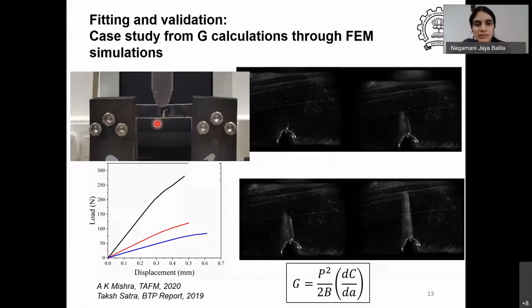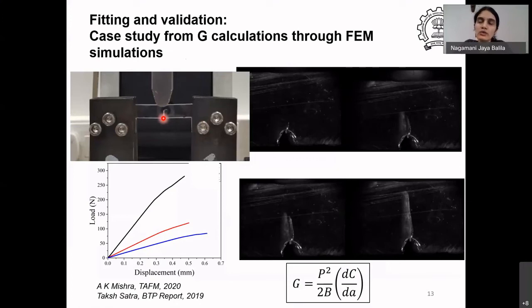So this sample is now held fixed at the two ends in its legs. It's like a table sample. It has two legs, so it is held at the two legs and it is loaded from the top. So it's bending basically. It's not being pulled, but it is bending. And we have created a notch here. So it's already pre-cracked and we want to see, if there is a pre-existing defect in the material, what load would it fail at? That is something that we want to see.